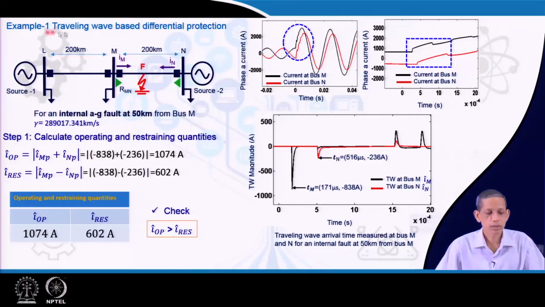First example on travelling wave based differential protection. This is an internal fault case, 50 kilometers from bus M for this 200 kilometer line. In this case we see the gamma given, based on the LC parameters considered for this transient simulation package.